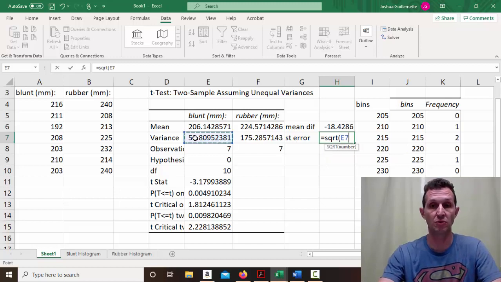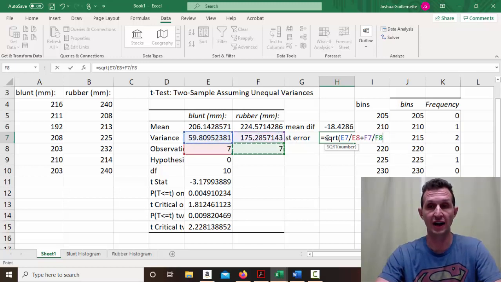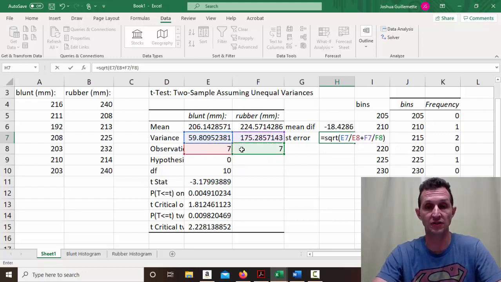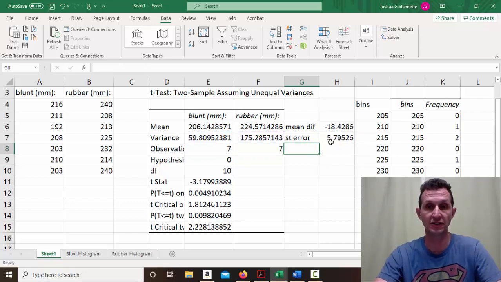The variance is actually in the numerator and the observation is in the denominator, and we just need to add the two together. So all four of those values that I need are right there together. And if I didn't have observations that were the same, if these two ends were different, that would be taken care of in here. Now, I do want to point out these variances are different.